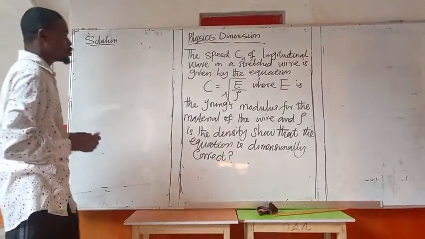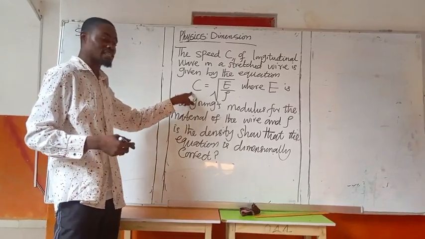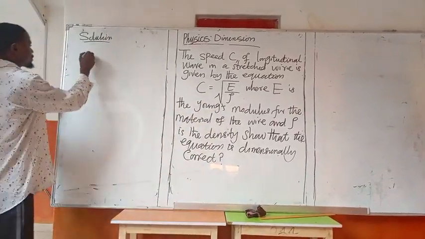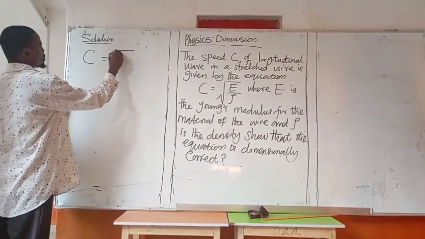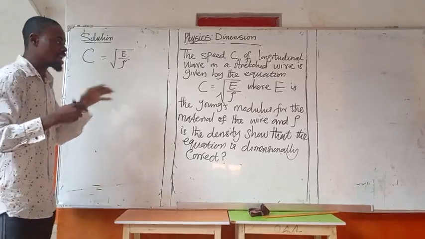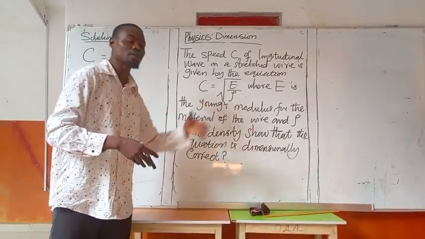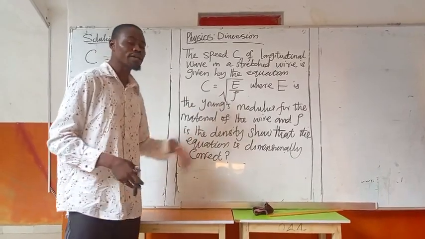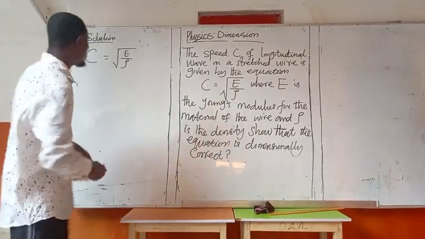For this question, what you need is the equation. This is c, the speed, which is c is equal to the square root of E all over rho. They will give you all the terms and mention them for you. E is the Young's modulus, and rho is the density. So from the left hand side,